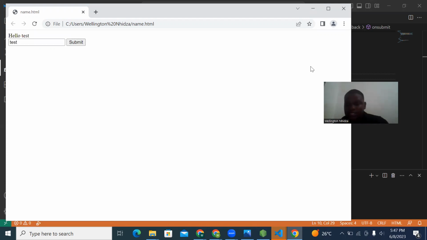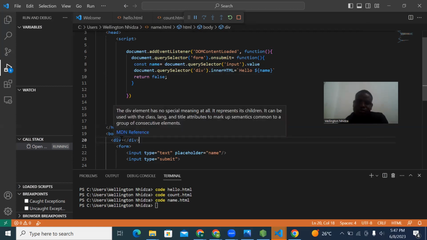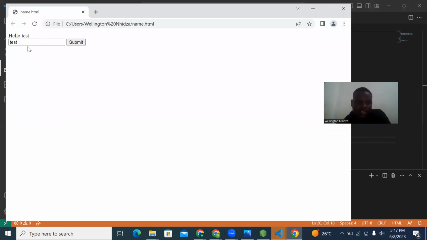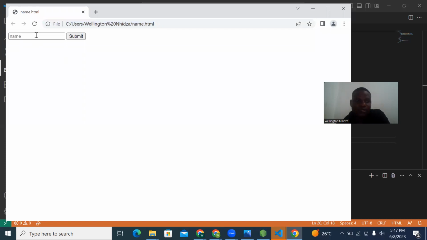As you see here, because it's a form, it was going to the function, it was trying to refer to another page. So that was happening there. If you look at this, it's a hello test. If I maybe try to run again, if I say Wellington,